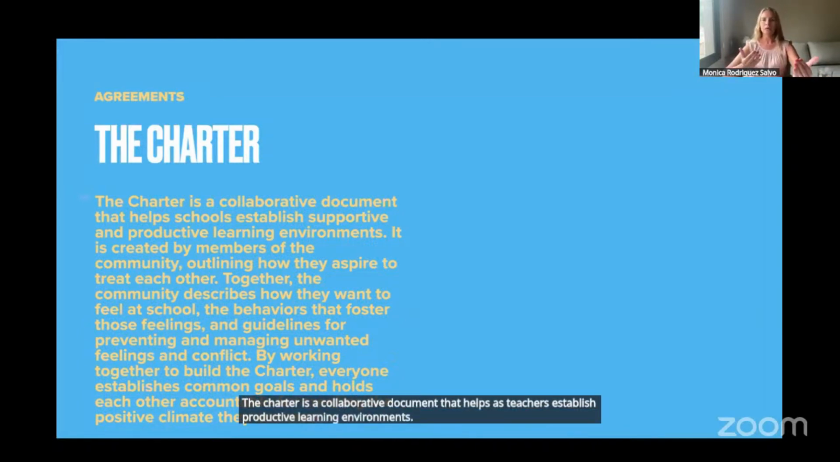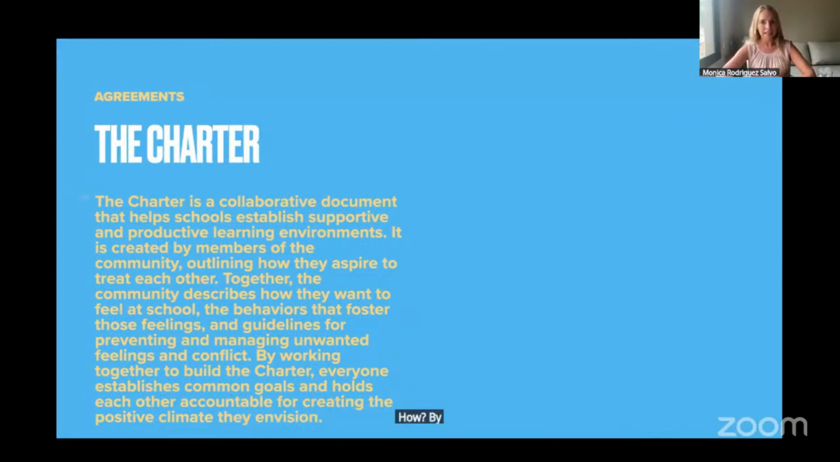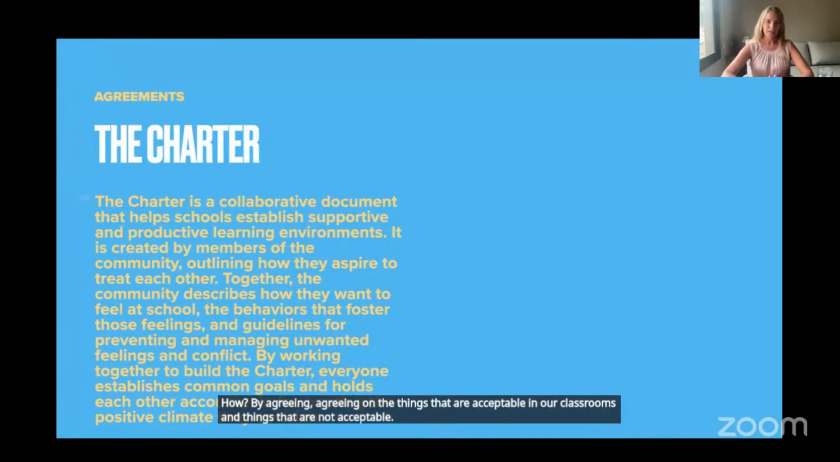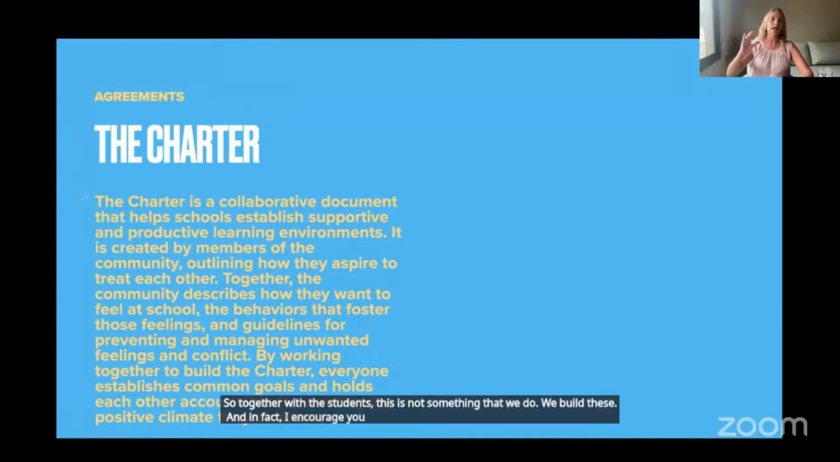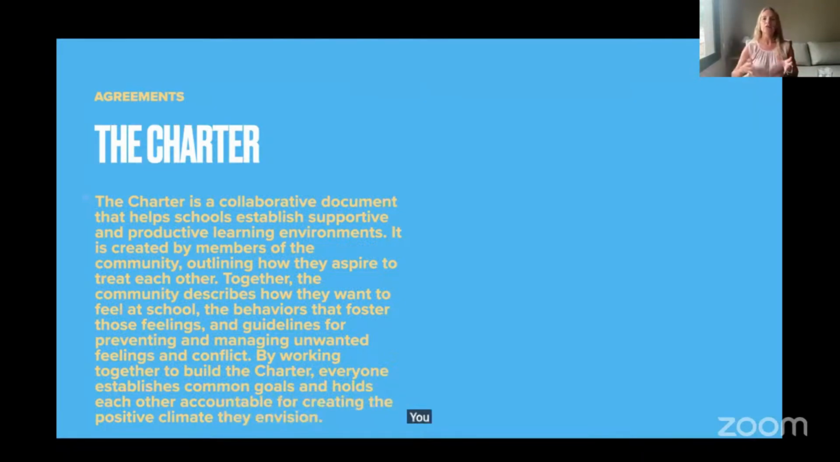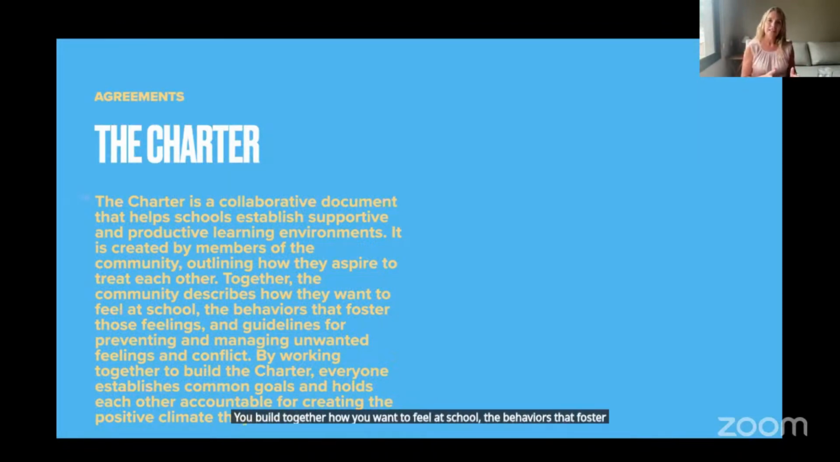How? By agreeing on the things that are acceptable in our classrooms and things that are not acceptable. So together with the students, this is not something that we do. We build this, and in fact, I encourage you to ask your students to speak most of the time. You build together how you want to feel at school, the behaviors that foster feelings of inclusion, feelings of emotional